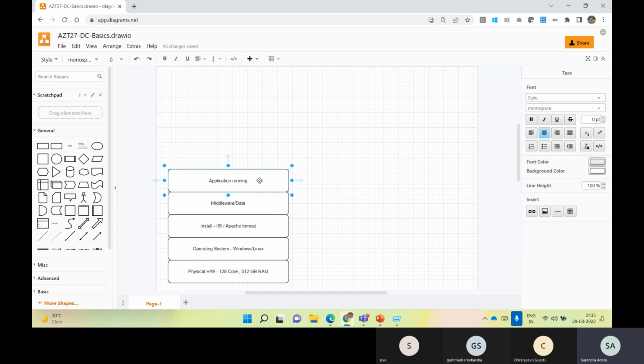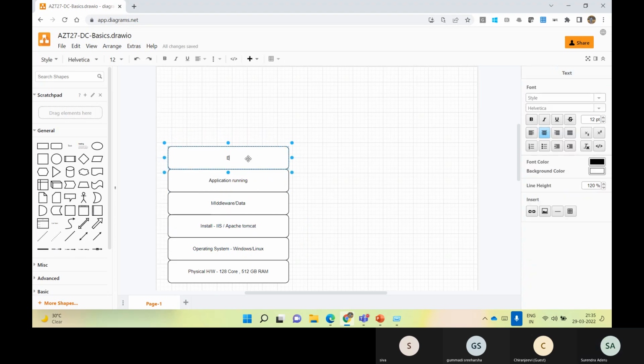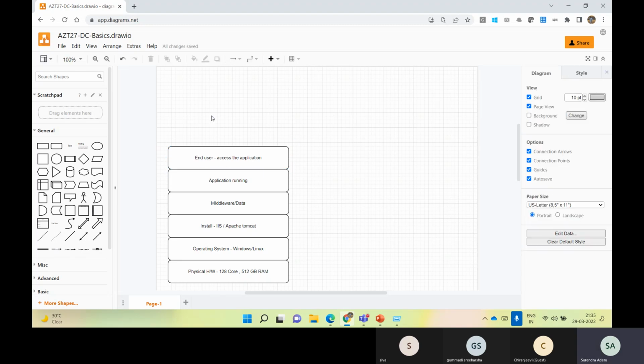and then on top of it, your end user will access the application. Till now, it's clear what we are trying to understand here? It is a very basic flow, right? For any hardware, if you take an example of our own data center or our own laptop or desktop, this is a typical flow.